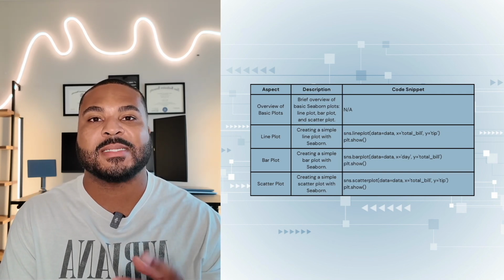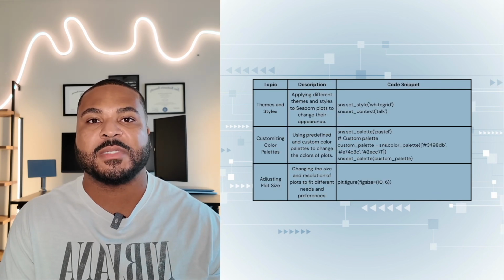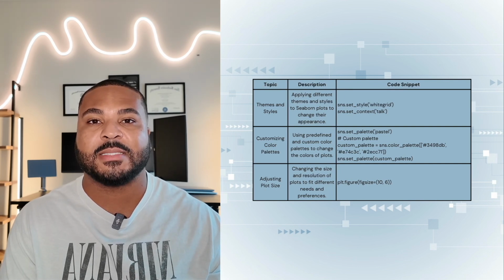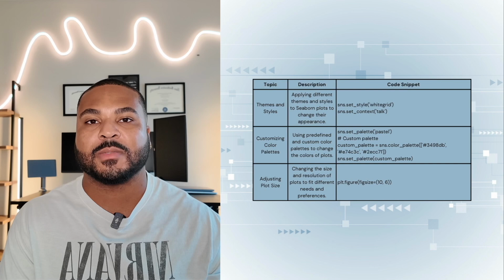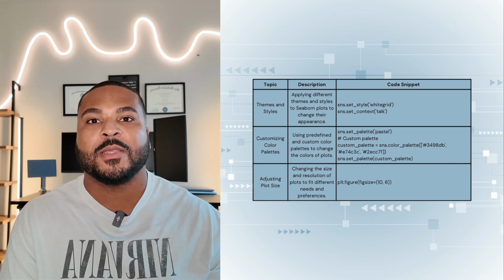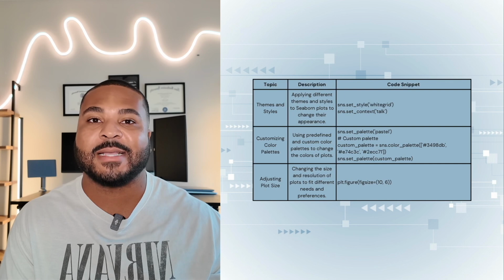Each point represents a single observation in the data set. One of the greatest features of Seaborn is the ability to easily change the look and feel of your plots using themes and styles. Seaborn offers several built-in themes to make your plot more visually appealing and aesthetic. So for example, you can use the white grid theme for a clean, grid-based background as shown in the code